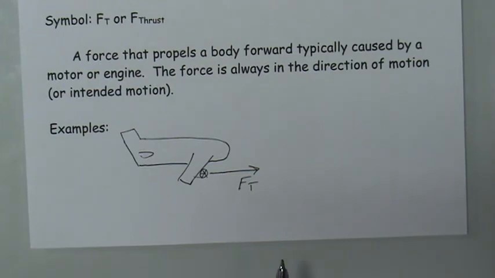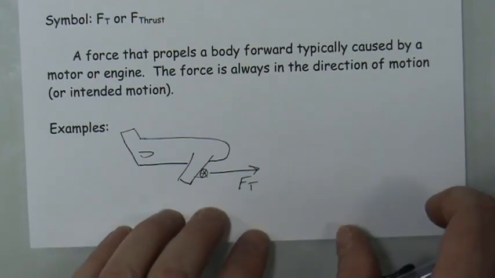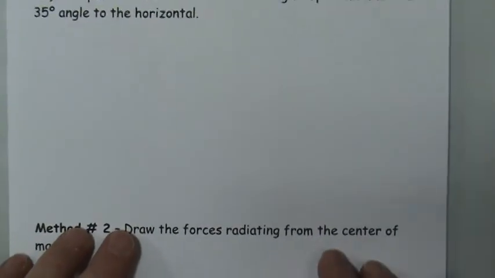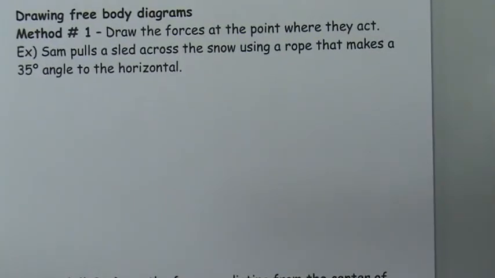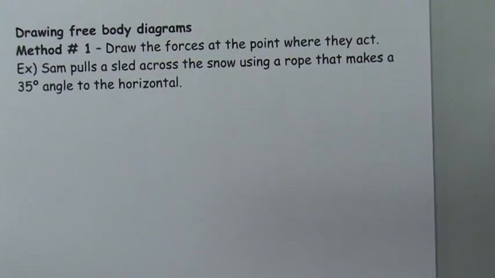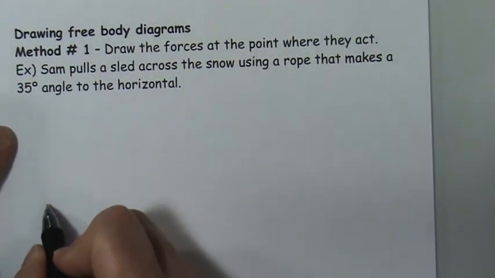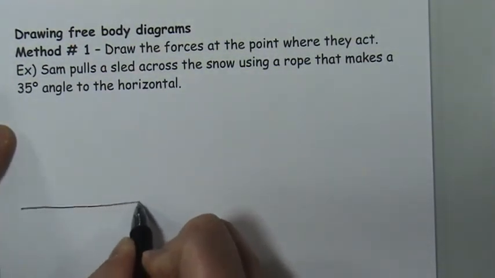So let's take a quick look. Let's just run through a few of the possible ways in which these free body diagrams will be put together. We'll look at several different situations. And then that should give you enough of an idea for you to start drawing your own free body diagrams and labeling them correctly. So let's look first at an example where we have a person pulling a sled across the ground. And I'm going to draw kind of an old school